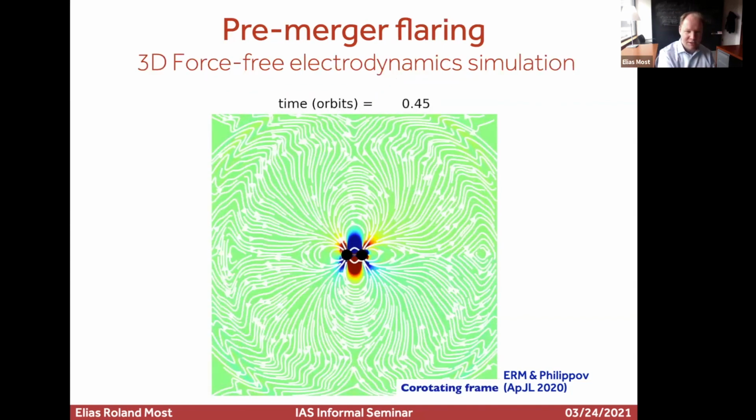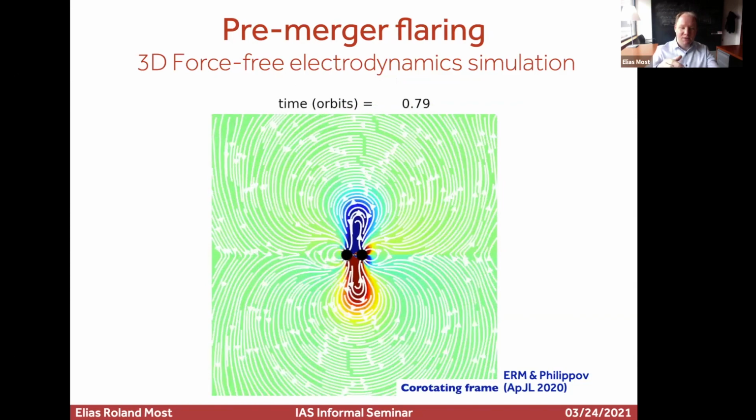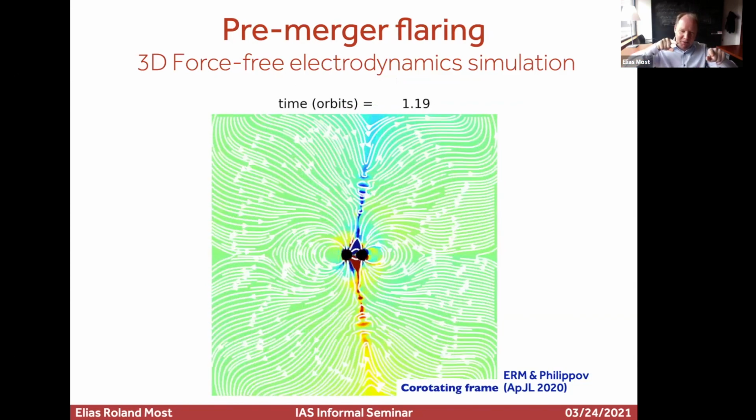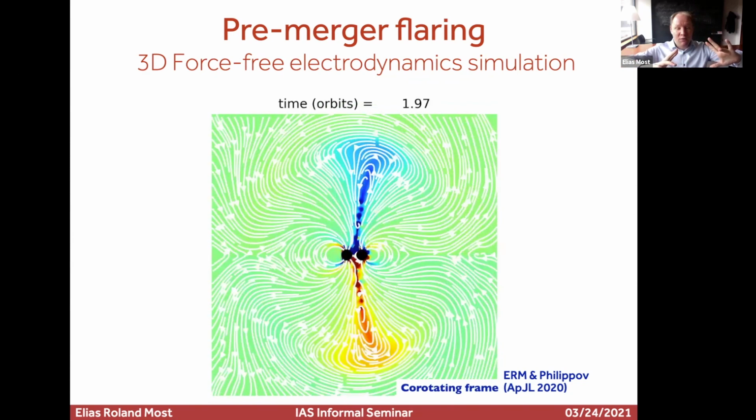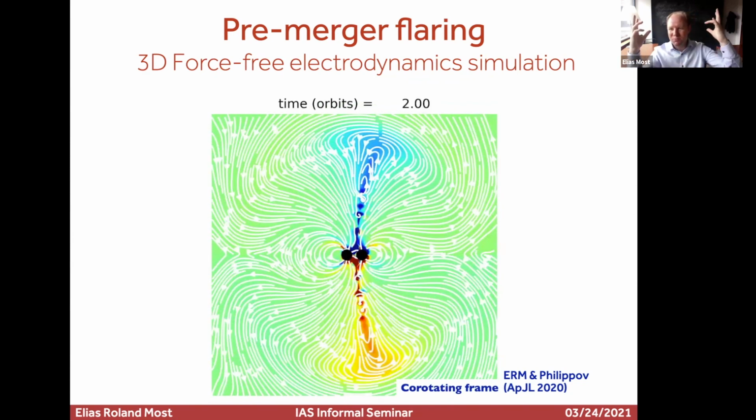And so now we can look at the movie of what is actually happening. So you see, as I'm twisting the star, I'm kind of putting more energy into the magnetosphere. And then at some point, I over twist the configuration just as the rubber band would break. In the same way, the magnetic field lines reconnect and you get this flare that is propagating out. This will make your observable signal.